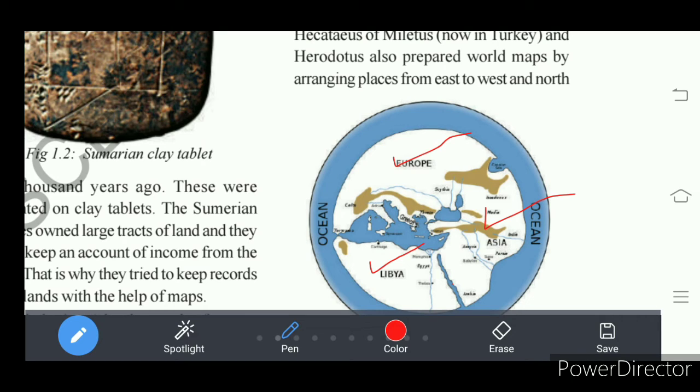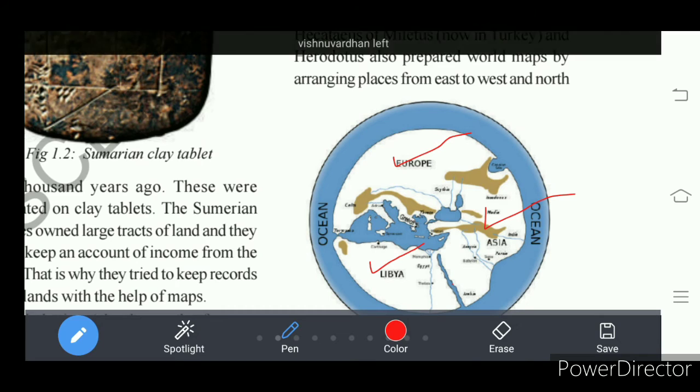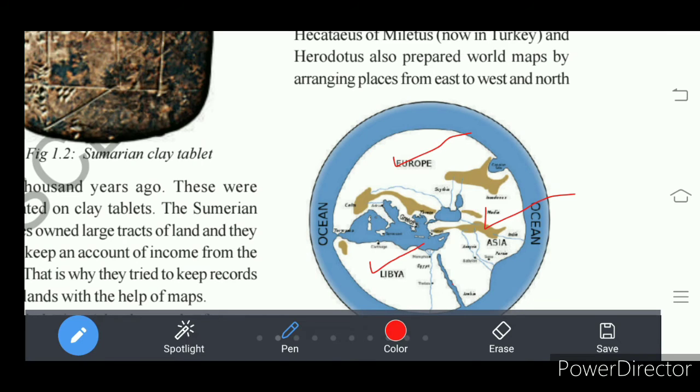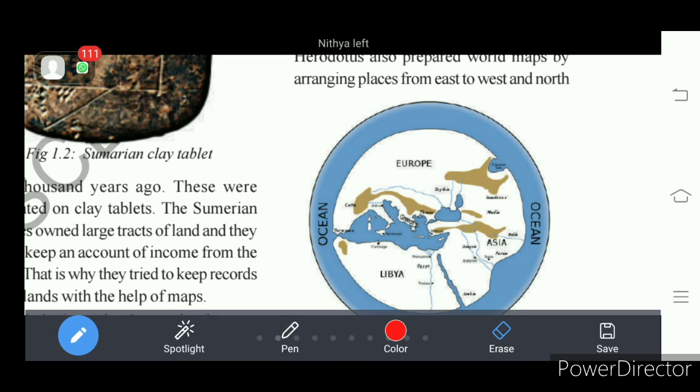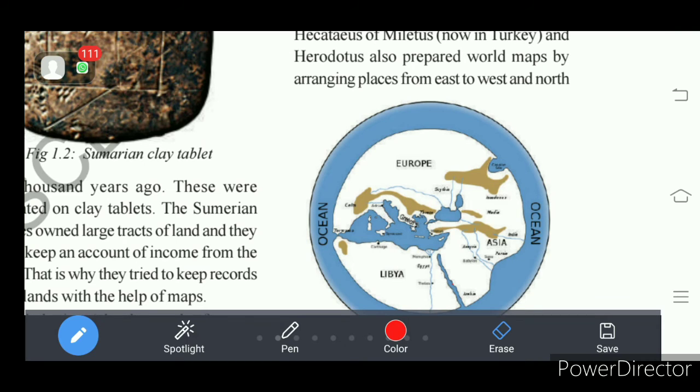Today, what is there on the map? Yes, it is there, right? Europe is there, to the north of Greece, it's correct. And to the south of Greece, what is there? Africa is there. So those maps prepared by them showed more correct information. Okay. So the Romans, Greece or Rome is shown in the middle of the map, which gives the correct information about the places visited by the sailors and traders on the coasts of the various countries they visited.